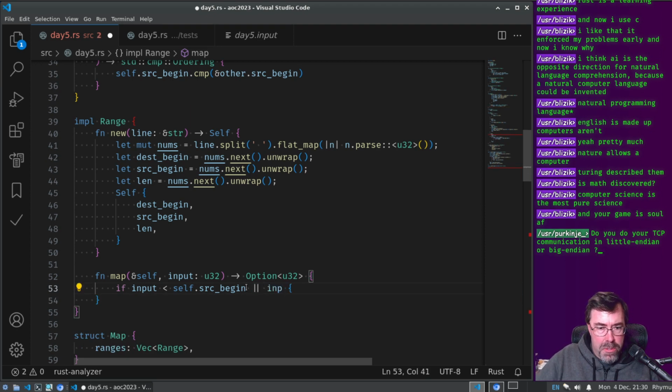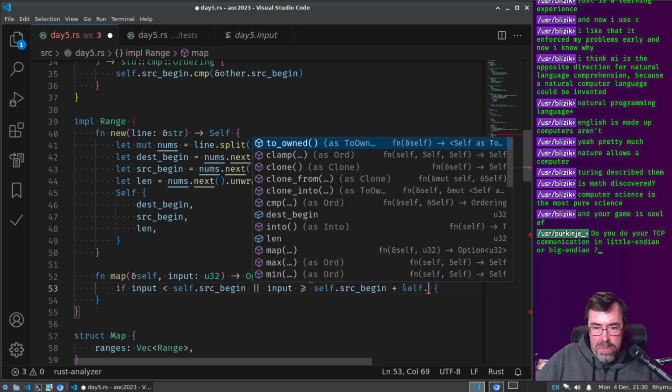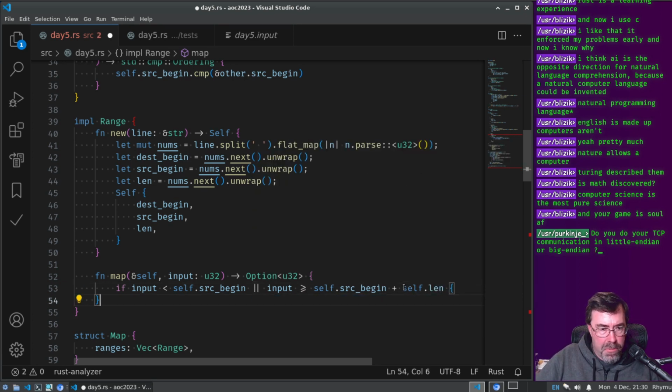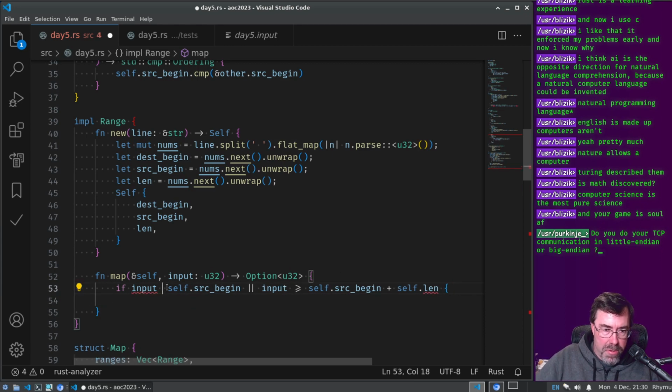Or input is greater than self dot source begin plus, I guess it would be greater than or equal to, right? Self dot length. Then it's, well, I guess I should just turn this logic around.